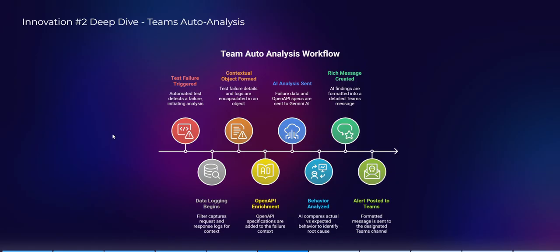Once the test is collected, all the failure information like logs, payloads, endpoints, and error messages is packaged into a structured object. To make the analysis even smarter, we enrich this object with the OpenAPI specification, so the AI knows both the expected and the actual behavior. This enriched data is sent to the Gemini AI, which evaluates the failure, compares the actual behavior with the expected definitions, and identifies the root cause and suggestions